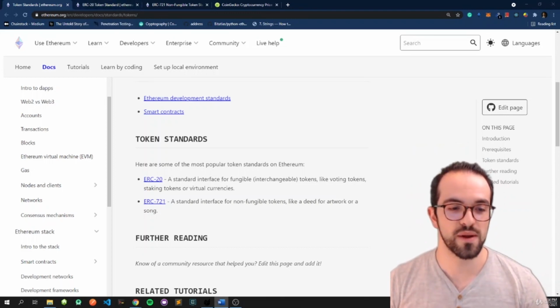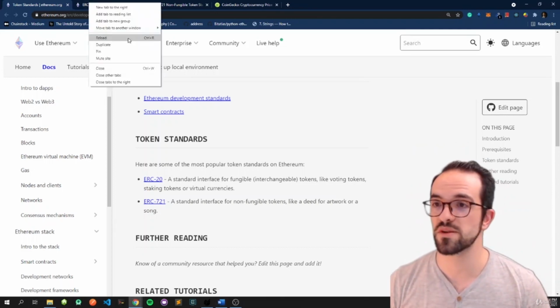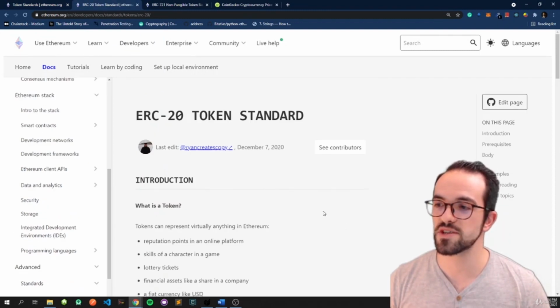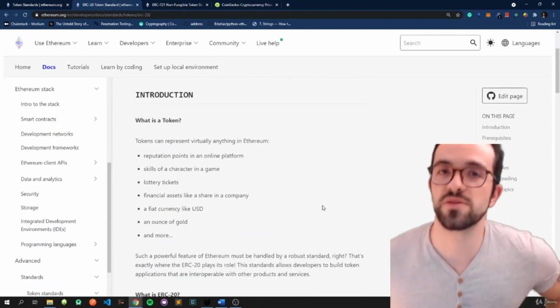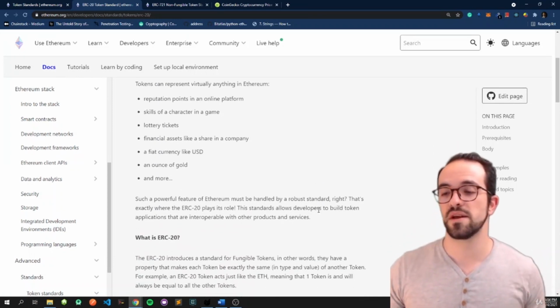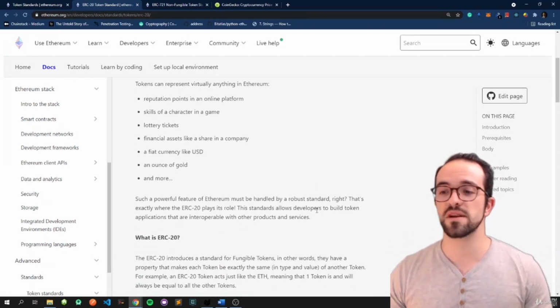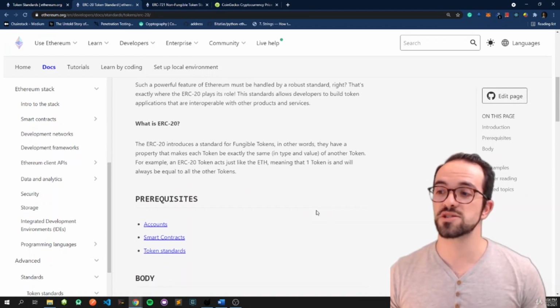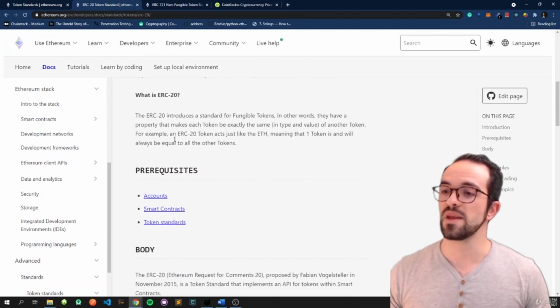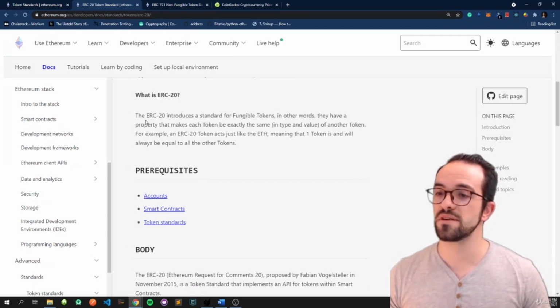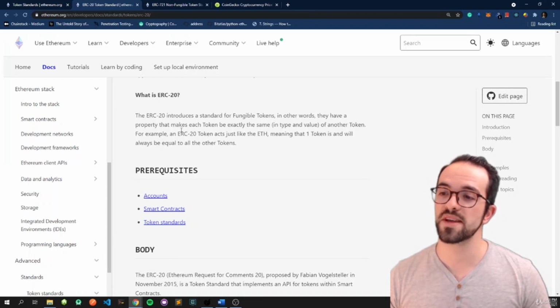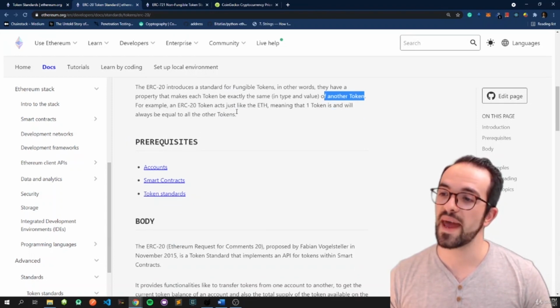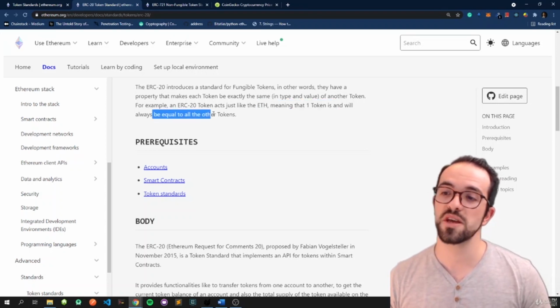Okay, let's go back to the differences between the tokens. So if I click here ERC20, these are for the fungible tokens. So the tokens that we can create, we can, for example, mint 1 million of those, and these 1 million ERC20 tokens are just all the same. So as you can read here, ERC20 introduces a standard for fungible tokens. In other words, they have a property that makes each token exactly the same as another token. For example, ERC20 tokens act just like ETH, Ether, meaning that one token will always be equal to all the